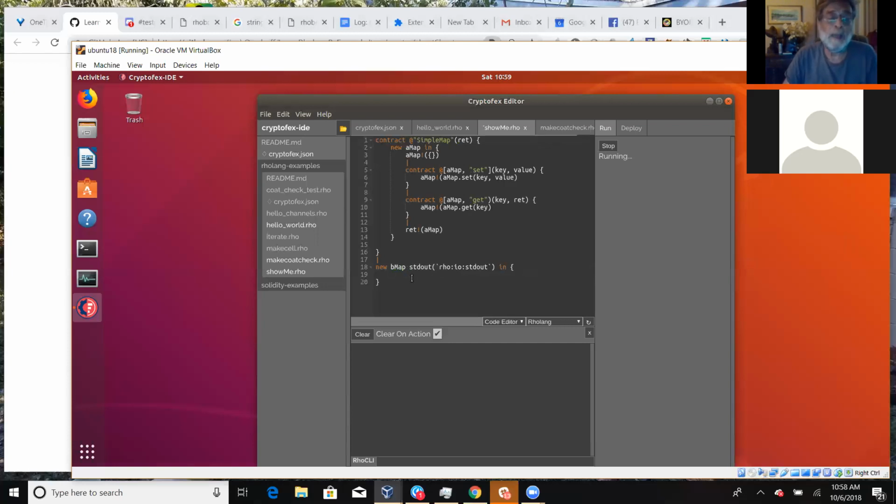I'm going to say new B map, just to show that the variable name has nothing to do with it.